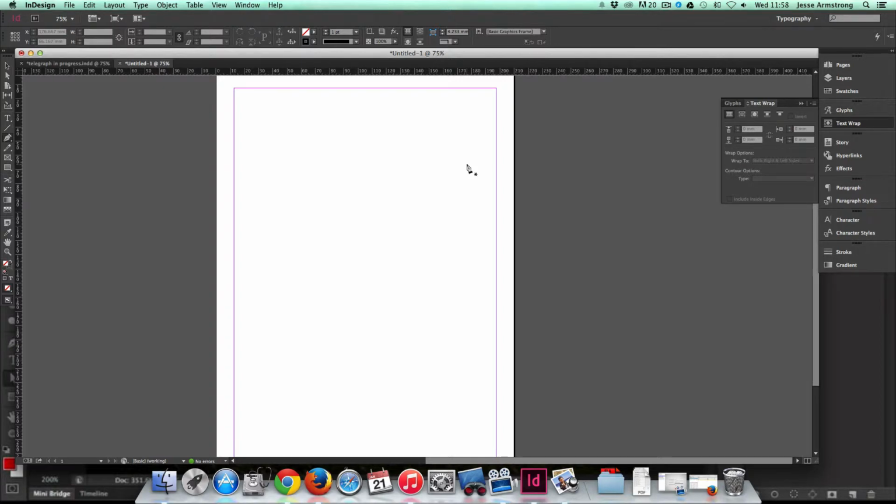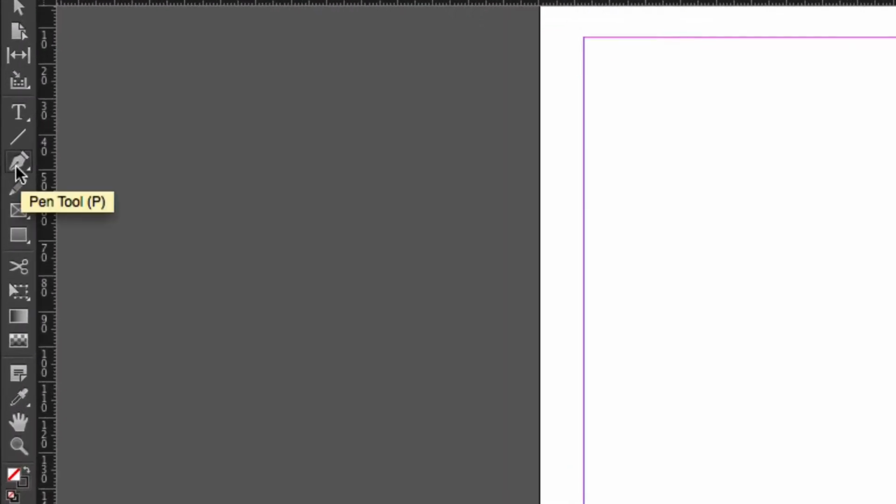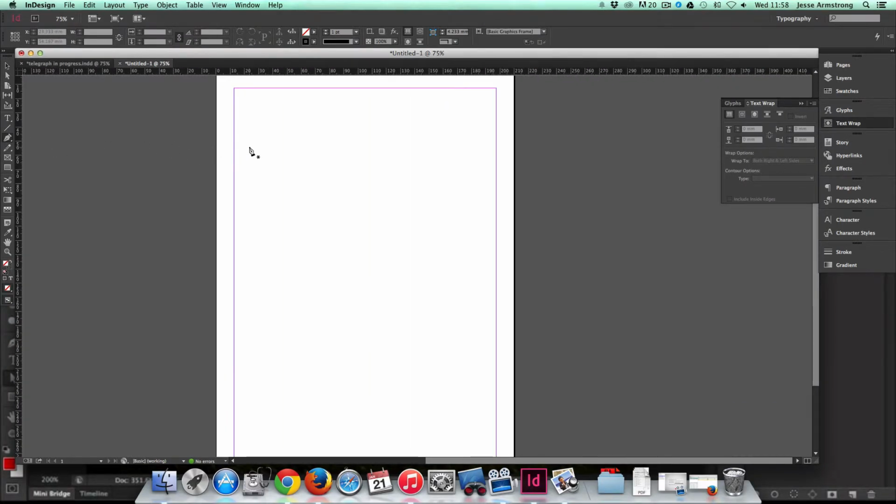In this tutorial, I'm going to explain the pen tool. So the pen tool over here is basically used for creating irregular shapes or unusual shaped frames, or adjusting or altering existing frames. So in its most basic form, with the pen tool, you can use the left mouse button